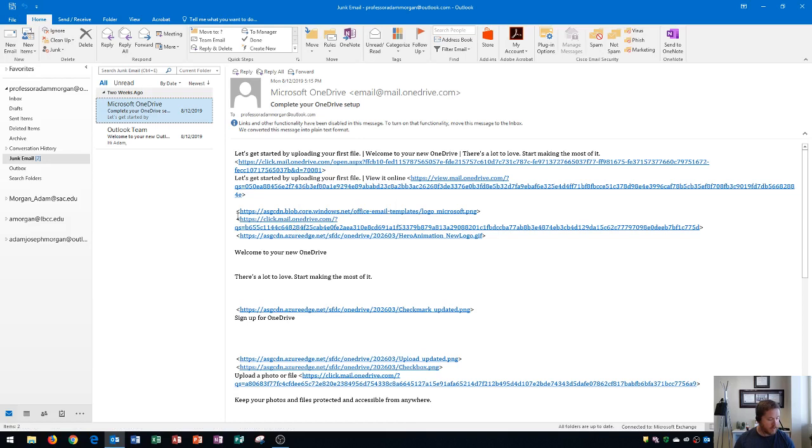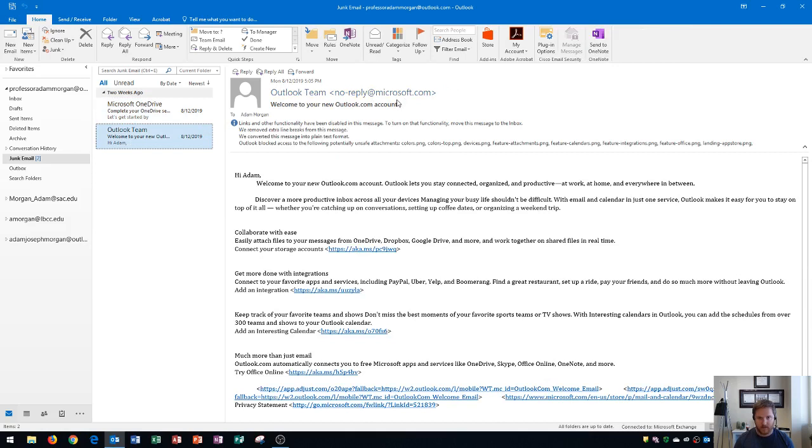Alright, so the next thing that I'm going to do is show you how to scan the messages and see if they're valid or not. So I could see that this one is from mail.onedrive.com and this one is from Microsoft.com. Let's say that I think this one here is a valid message and it didn't really belong in my junk mail. Well, one way to move it back into the inbox is to go to the Home tab, Delete group,